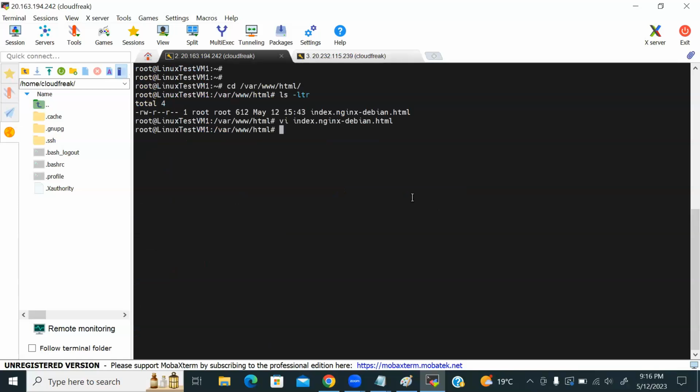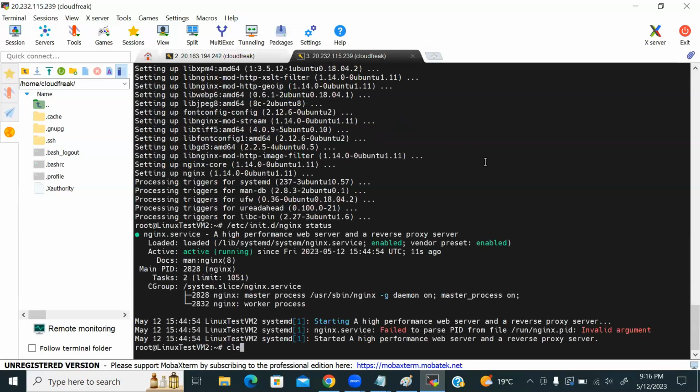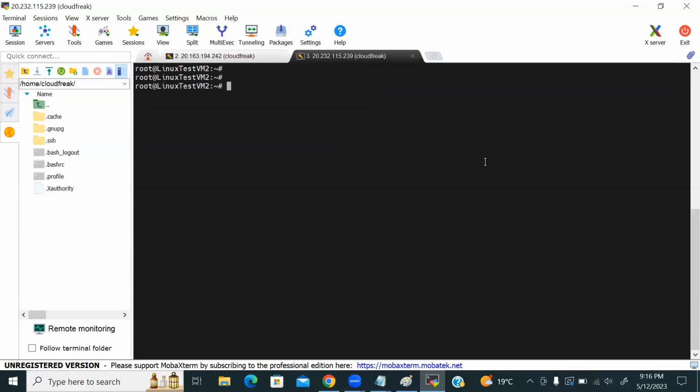Now I will restart the service, because whatever changes we make should take effect. So for that purpose, we should restart the service. Done. Restart is completed. And now here also in the Linux 2 server,